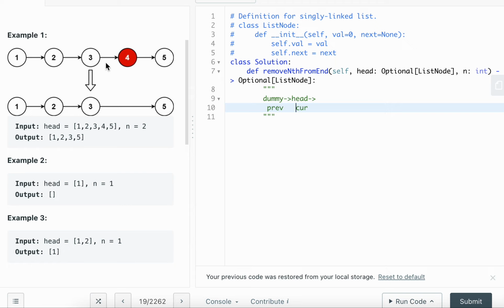The reason you want to get to the node before the one you're trying to delete is that you have to be standing at that node, so that you can point its next to its next-next. That's how you do it in a linked list. And this is 1, 2, 3,